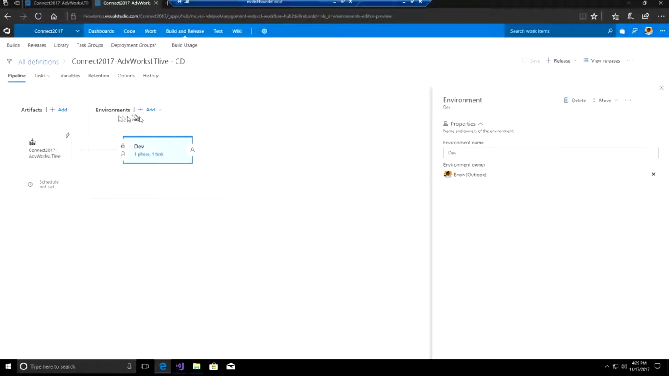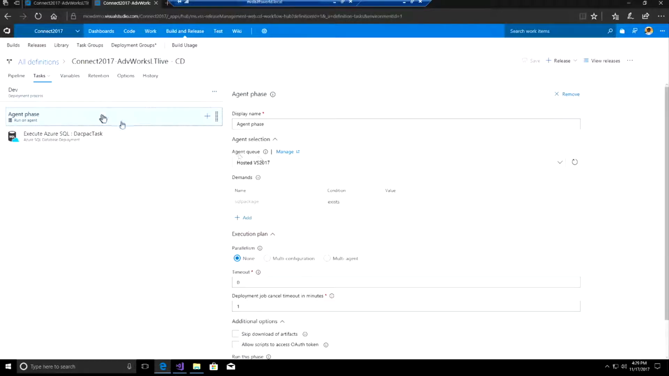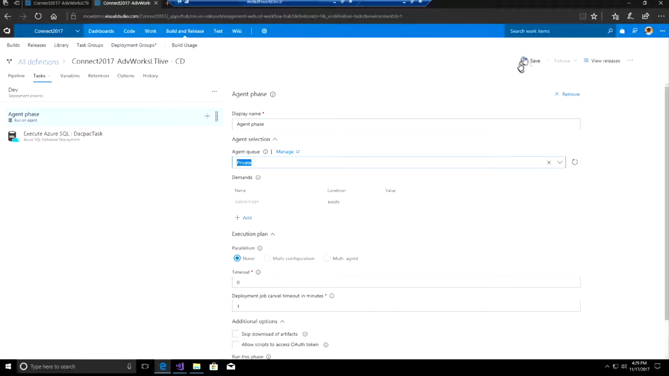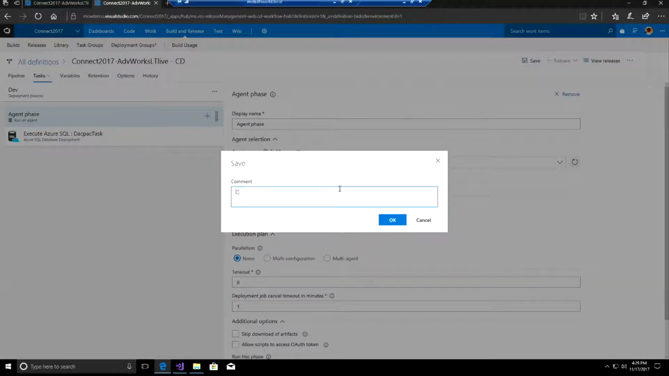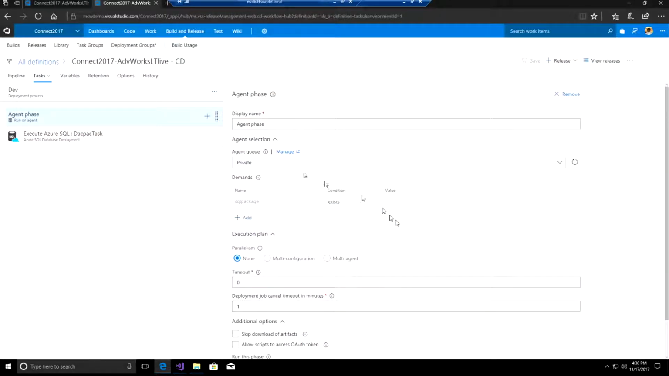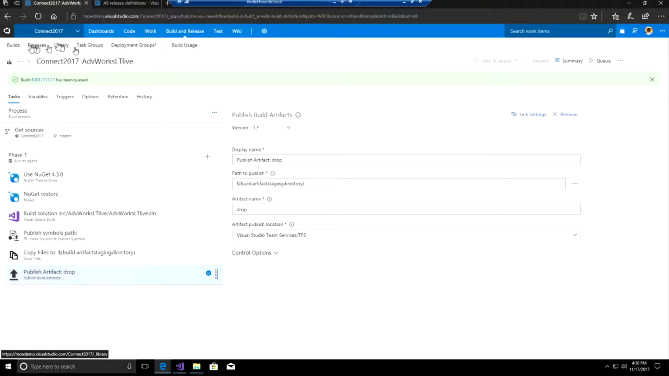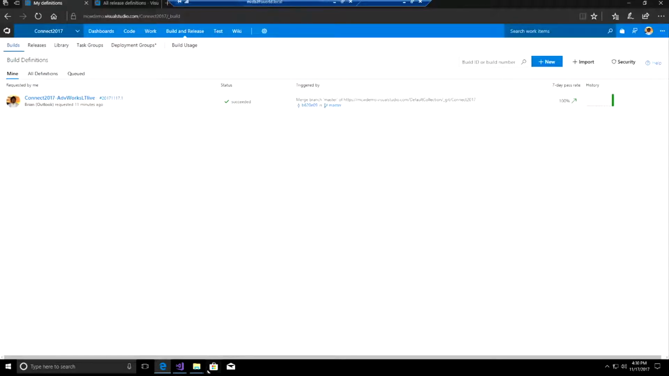So we'll come back over here, go into the phase. And here you'll see it's using hosted 2017 by the default. We're going to change that to private. And we'll save that. Changed to private agent. Okay. At this point, we're good. We've got builds and we got releases. So back in Visual Studio,